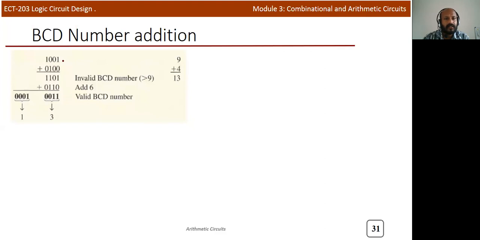In this case, you can see this is a BCD code of 9, and this is a BCD code for 4. So after adding these two values, we are getting 1101. Okay.